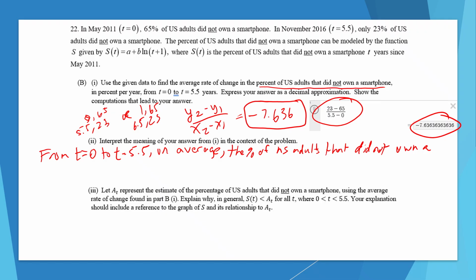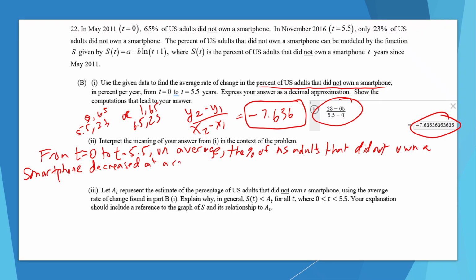And here, I know it's tedious to write it all out, but on the AP exam, write it all out. On a test, write it all out. You only have to do this a couple of times. So the percentage of US adults that did not own a smartphone, and then we are either going to say increased or decreased. Here we're going to say decreased because our answer to part 1 was a negative number. So here it decreased